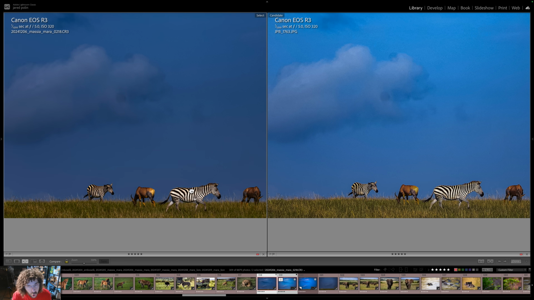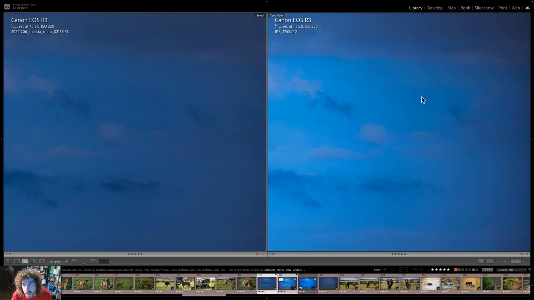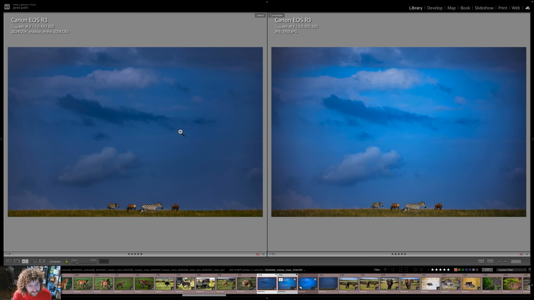The RAW is so much better. When we go up into the sky, just look at what it looks like in the sky here. The detail isn't the same. It's much smoother and easier and more even on the RAW file. They are edited the exact same way. I used the same settings from one to the other to get this